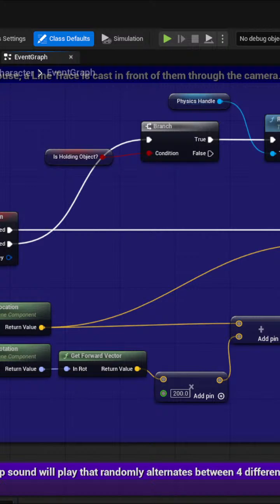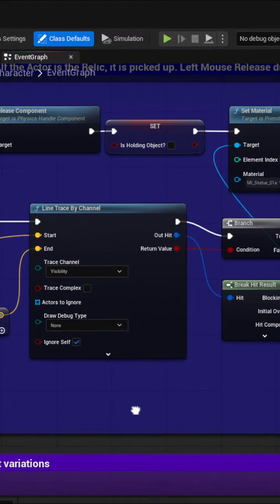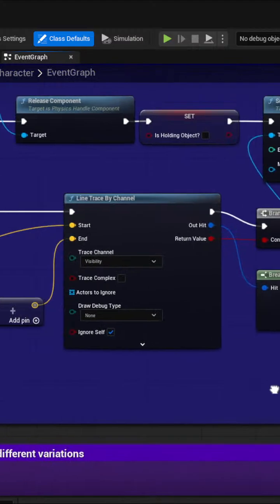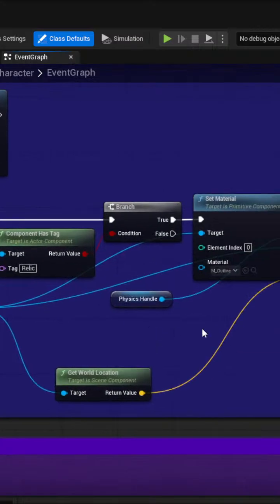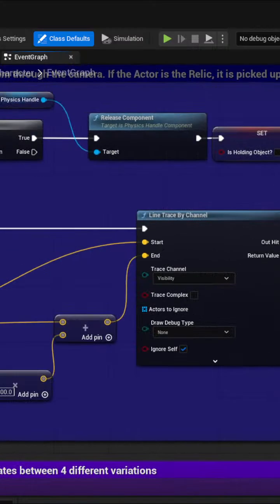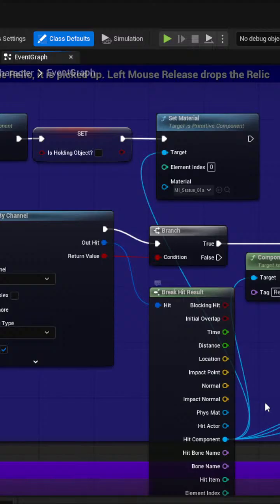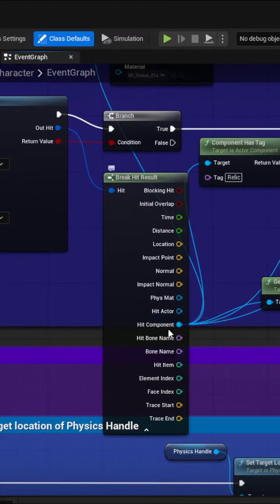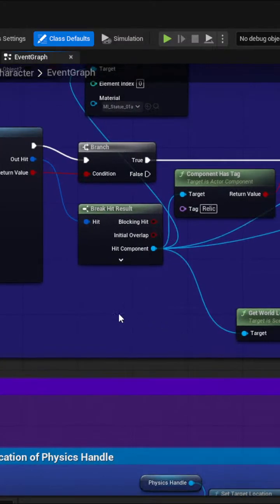So we basically want a line trace when the player is just kind of always walking around. Okay. All right, so